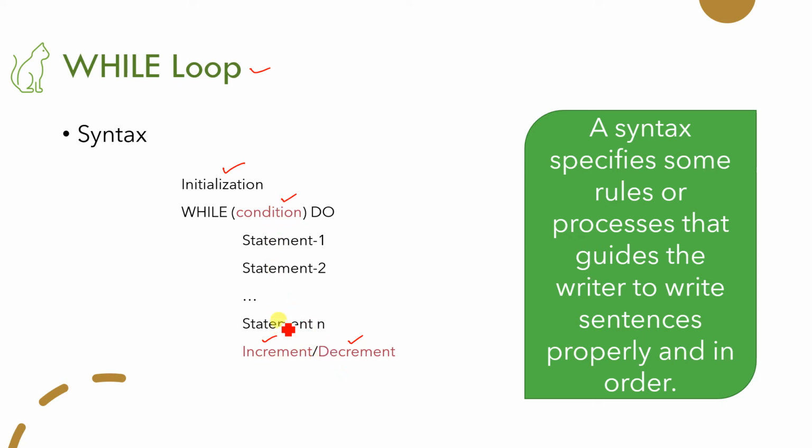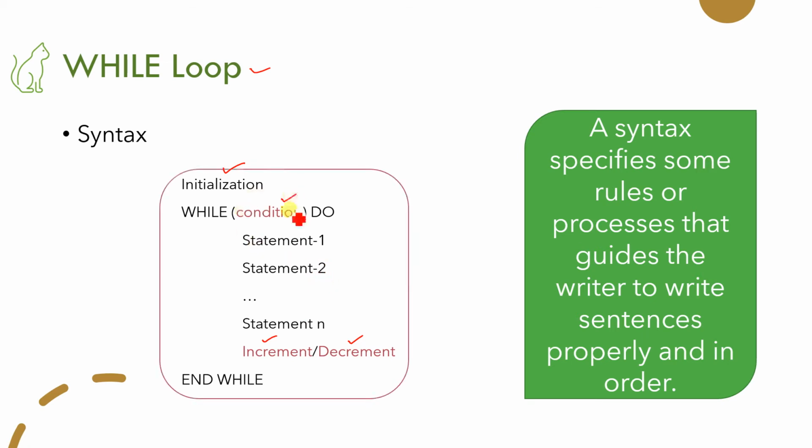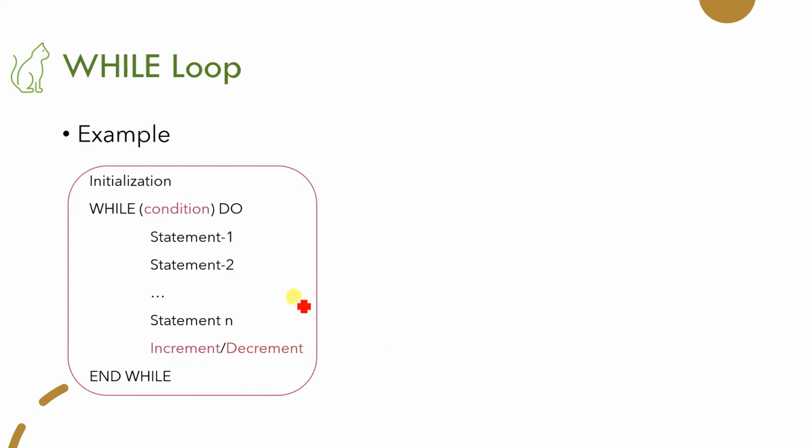Even if you are not understanding for the time being, you will understand it in the next slide instantly. So wait for it, but try to listen to what I am trying to say. After that you have to write the end while statement, which specifies that my while condition is over, meaning the while loop is over. Now let us take a simple example to understand how it is actually written. Without writing any statement that needs to be executed multiple times, I am going to take an example using this syntax. So don't forget this syntax, because it will be used for solving many types of problems.